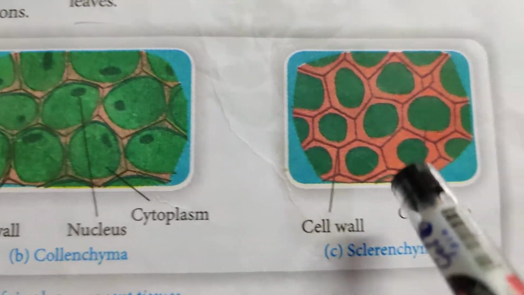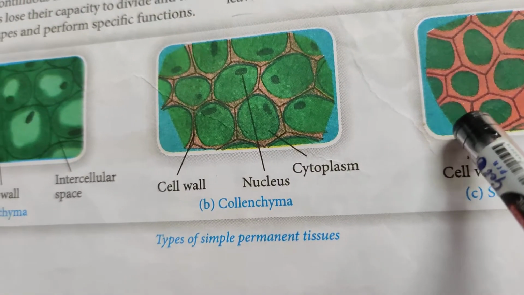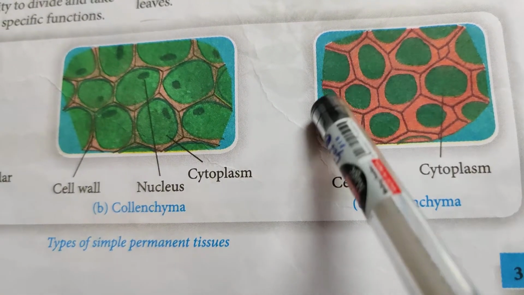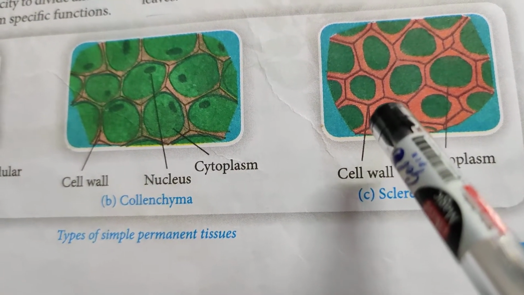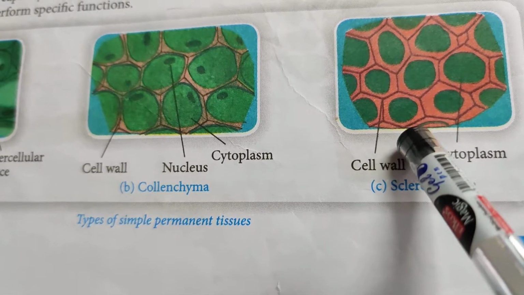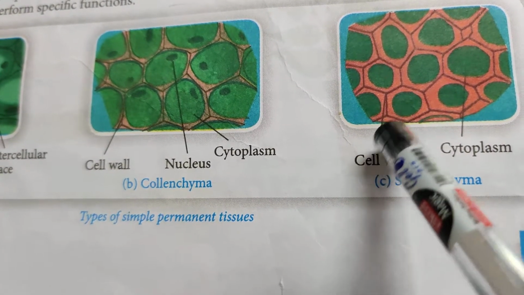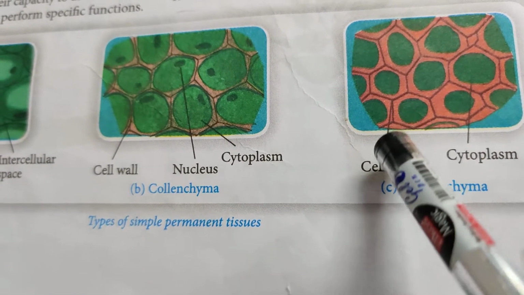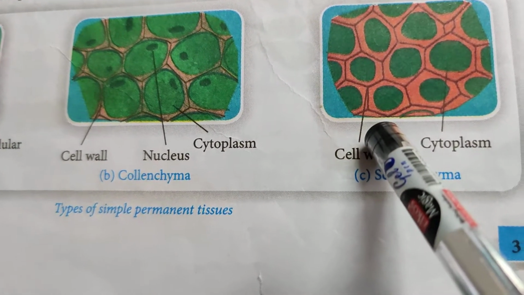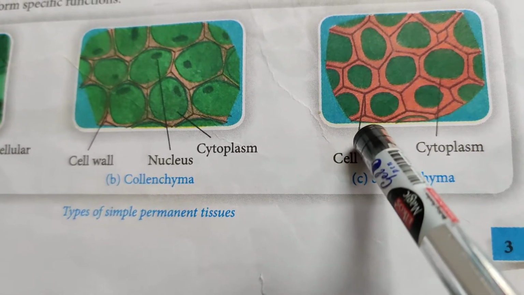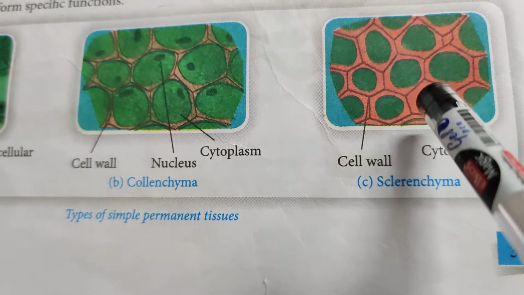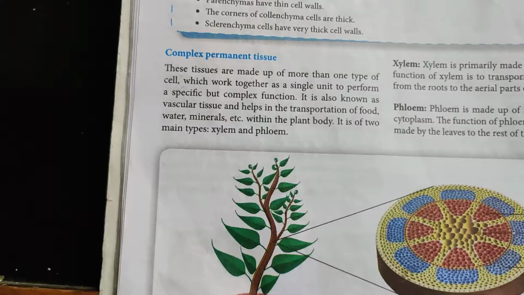Now we come to sclerenchyma. It is composed of thick-walled cells, as you can see in this image. The sclerenchyma helps in strengthening the cell wall. Mature sclerenchyma are generally dead. These have little or no cytoplasm. And again, the work of sclerenchyma is to give mechanical strength to the stem. Sometimes sclerenchyma is also found in the veins of the leaves.